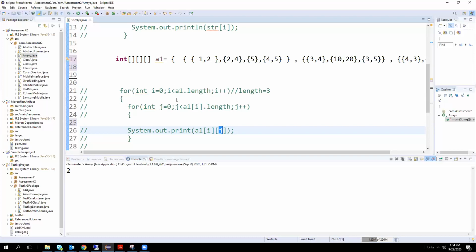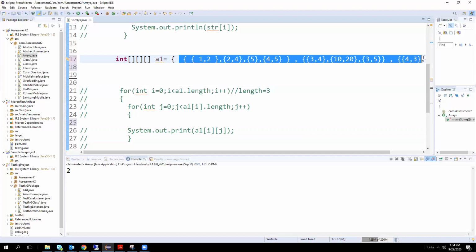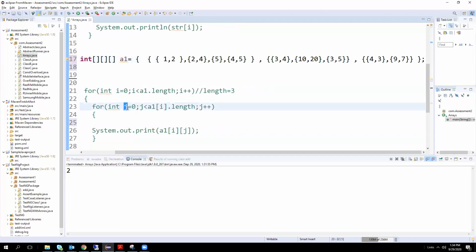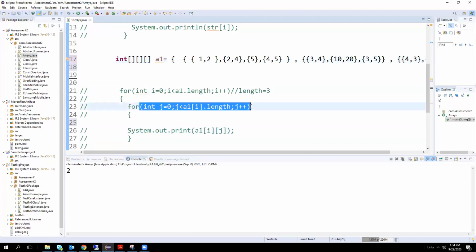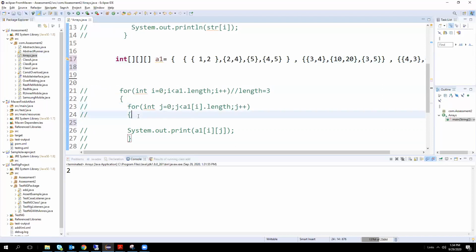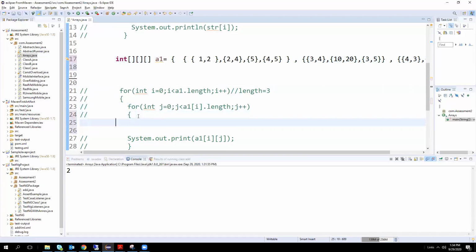Here the first for loop will read the outside of the array, the array length. j means the next level of the array size reading. Next array indexes reading purpose we are using j. Next we have to use one more for loop for the next array. Within the array again we have one more array, no? So at that level of array indexes we have to use one more for loop.